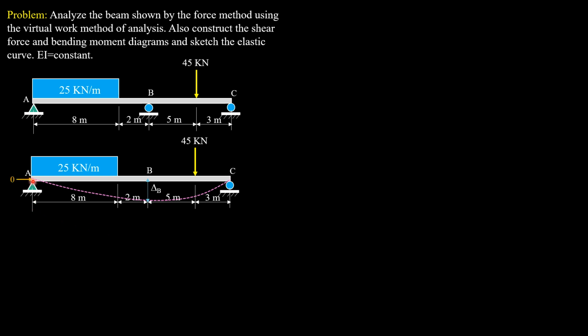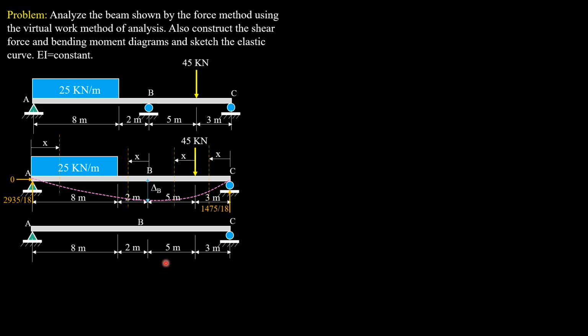So zero reaction horizontally, 2935 over 18. You can verify that. Then this is 1475 over 18 for this determinate beam. Since the method is by virtual work, let's have our sectioning here as X. Then let's proceed to this: X, X, then X. We are now ready to compute delta B.